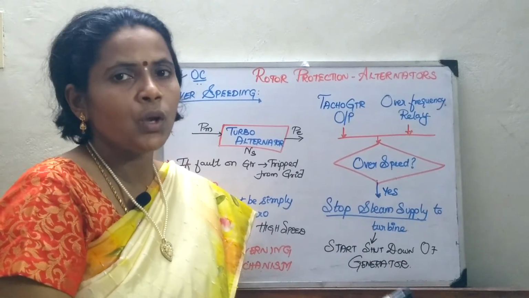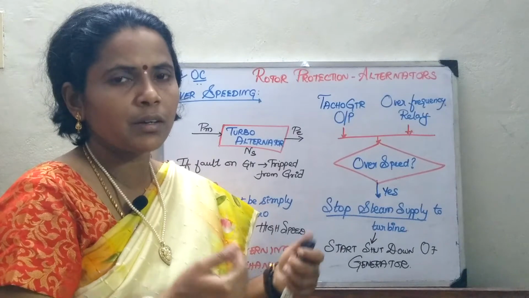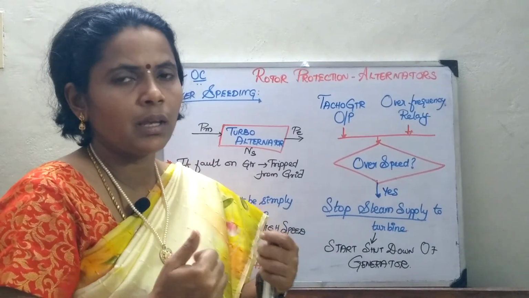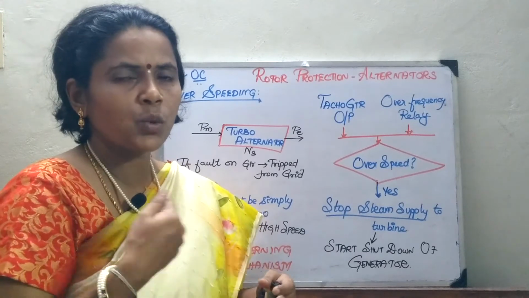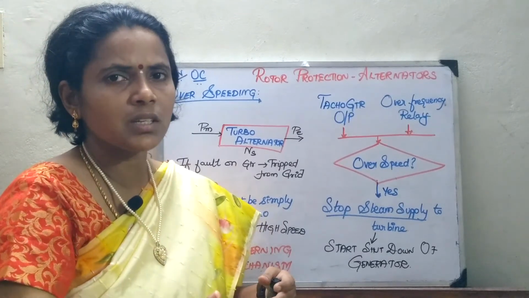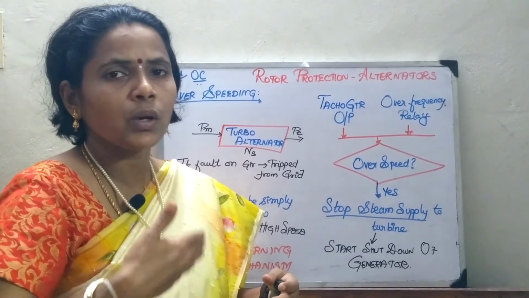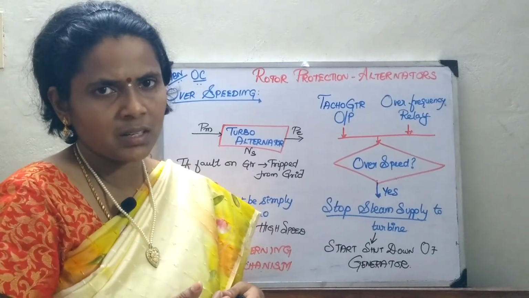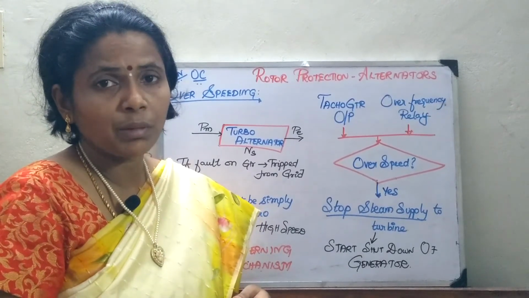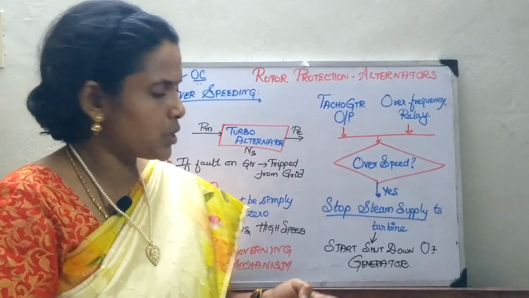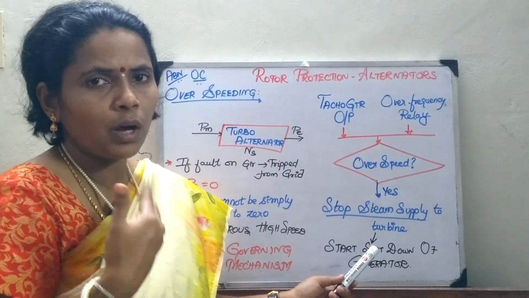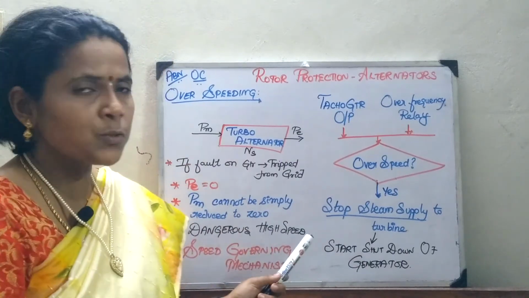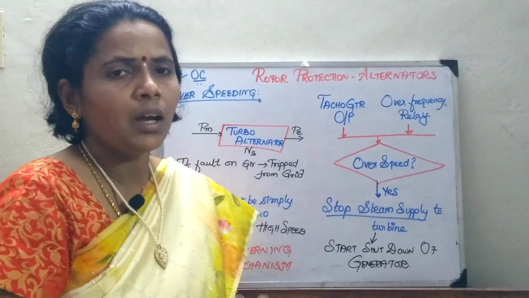As an analogy, if a small child is loaded with bags, he walks slowly. If no bags are there, just if the mother takes his bag and he just runs like this, then what will happen? He is going to run fast, and for that reason he might sometimes fall also. The same condition: overspeeding might result in the damaging of your generator. When it runs at dangerously high speed, it is not a desirable issue.